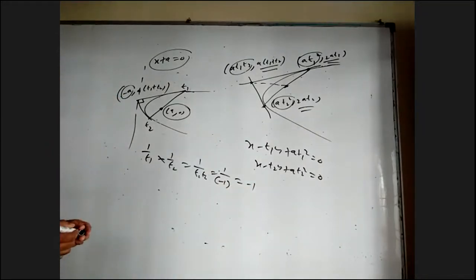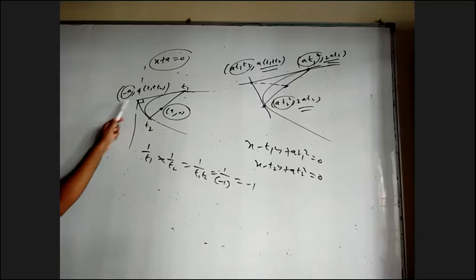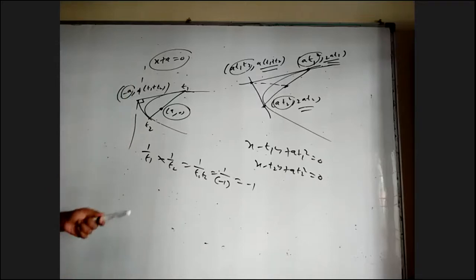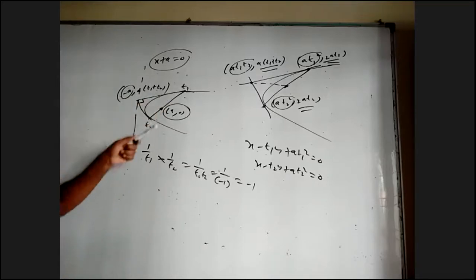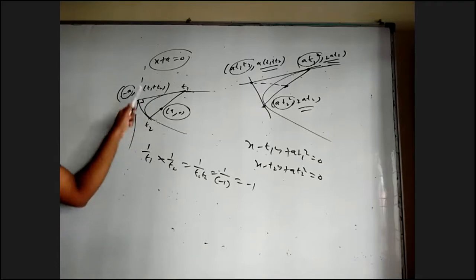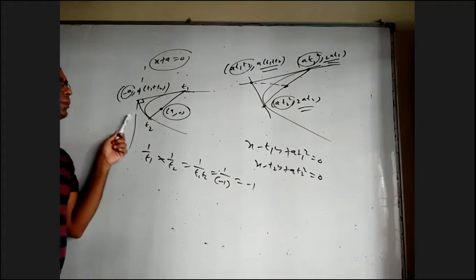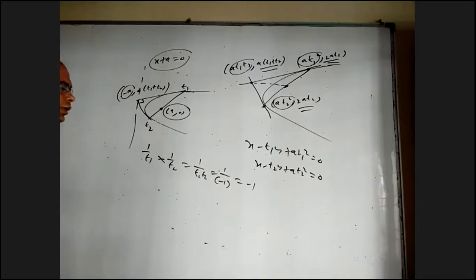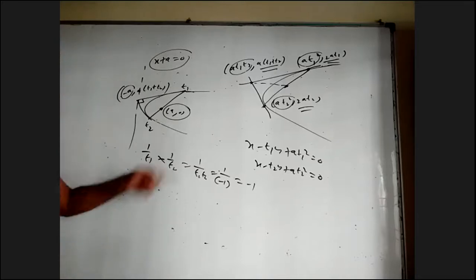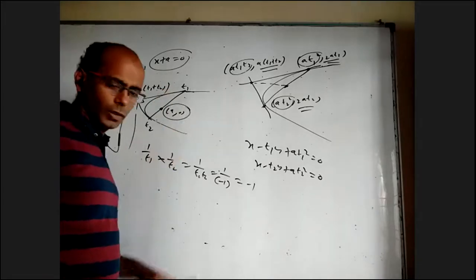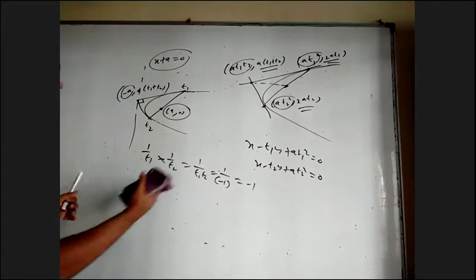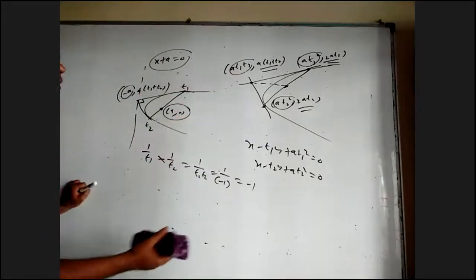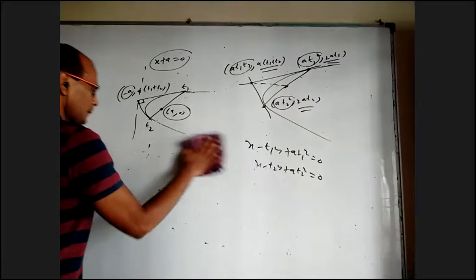So the locus of the point of intersection of perpendicular tangents is the directrix. Or you take any focal chord, at the end when you draw tangents, they will intersect on the directrix, and they are perpendicular. Or you take any point on the directrix, when you draw two tangents, they are perpendicular and the chord of contact will always pass through the focus. Okay. So even though this can be proved in some other way, just using t1 t2 equal to minus 1, we are able to prove this. One more thing is there. Using this particular formula: a t1 t2, comma, a into t1 plus t2.